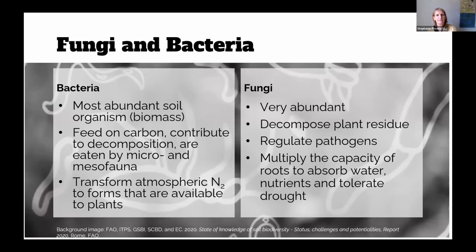Some groups of bacteria are able to transform atmospheric nitrogen in its elemental form to other compounds that are available to plants. And then fungi, they're also very abundant in soil. They decompose plant residue, they regulate pathogens, they multiply